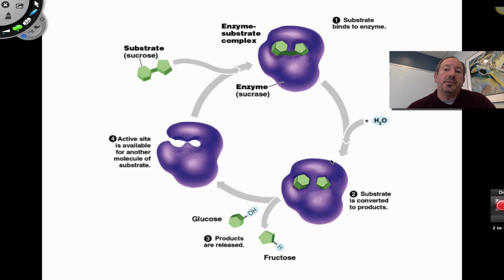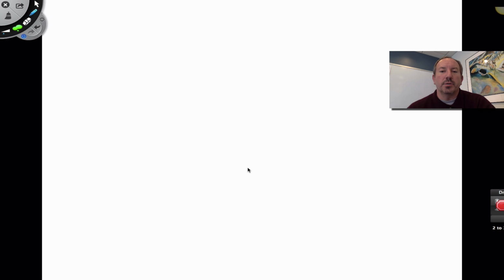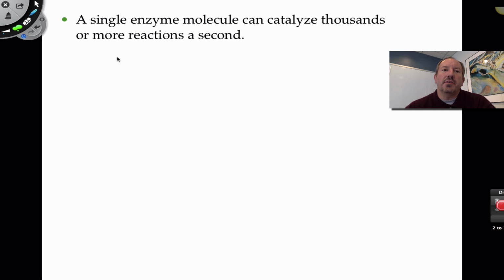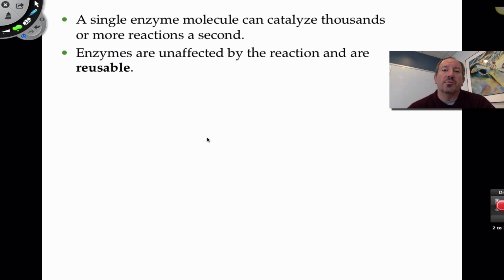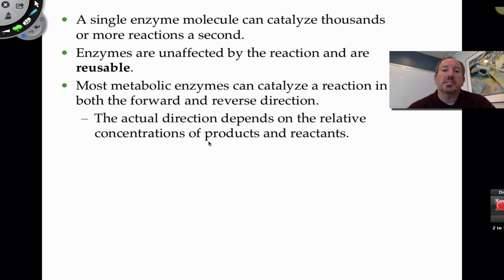And so how did it do it? It reduced the activation energy necessary to catalyze that chemical reaction. And so therefore, this reaction can occur at a lower temperature. Really important. And so it turns out, as I was saying, that a single enzyme can catalyze thousands of reactions in a second. It's really fast. And so this helps to speed up all metabolic reactions if necessary. And so enzymes are reusable because they don't get consumed. And so the enzymes are really cool.